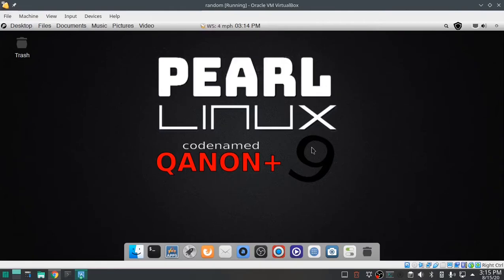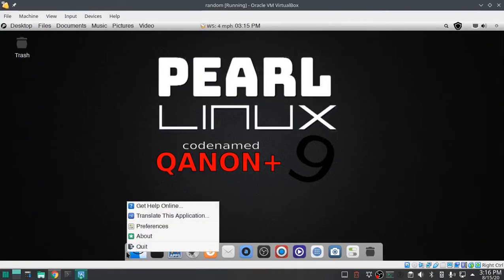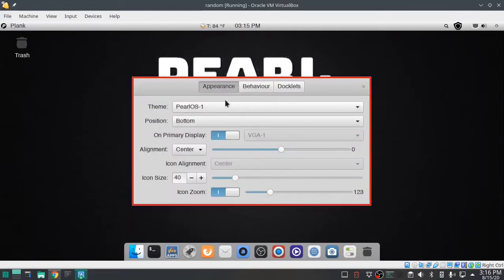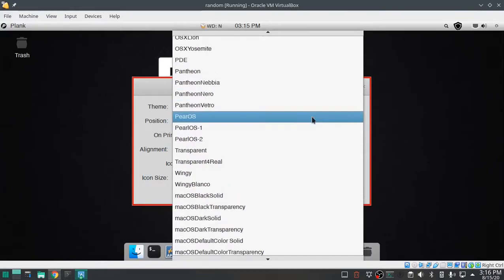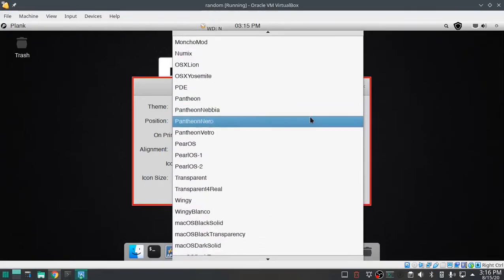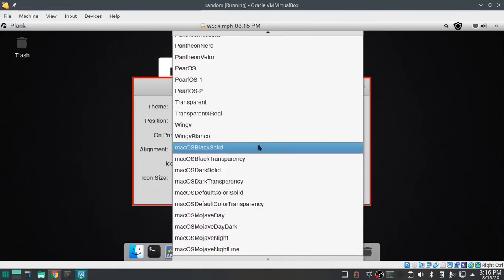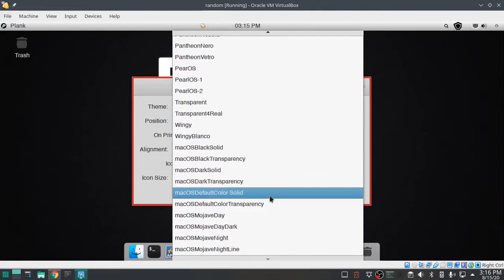But I am going to press on. At the bottom of the screen is a Mac OS like launcher, and I'm going to right click on that launcher and select preferences, appearance, theme. There is a lot of themes that seem to be available, including Mac OS, looks,